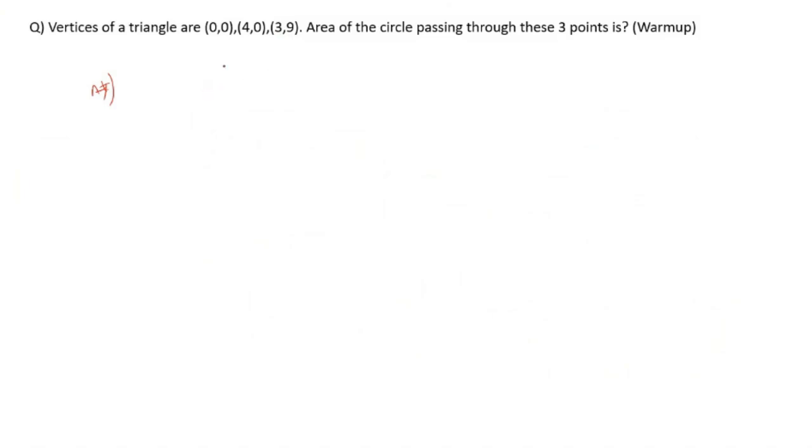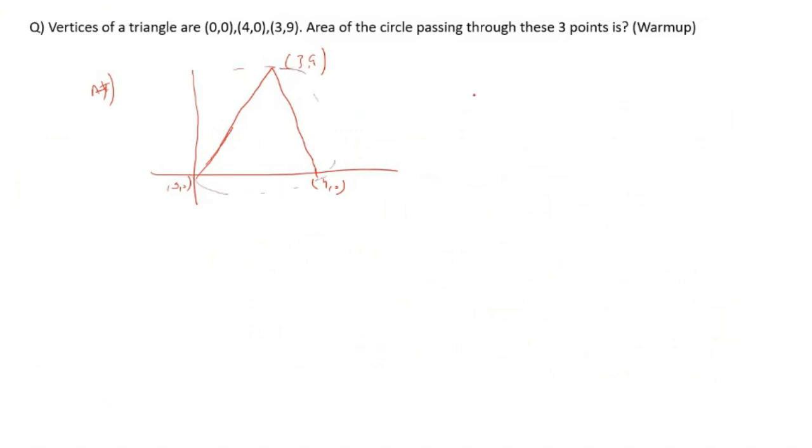Now if we mark these vertices in the xy plane, this is one vertex (0, 0), this is the second vertex (4, 0), and this is (3, 9). So this is a triangle. Okay, we know now what the triangle is. Area of the circle passing through these 3 points. So basically area of the circle,